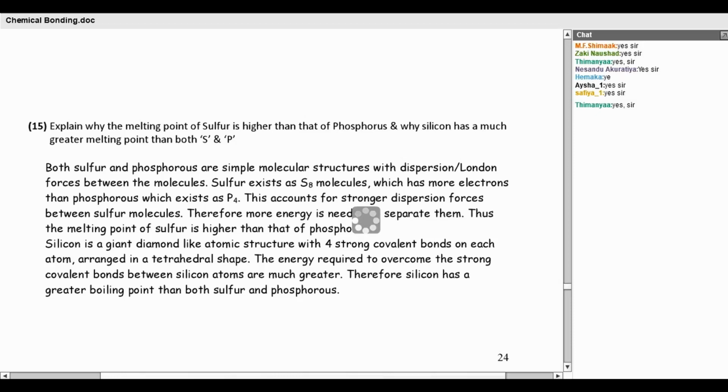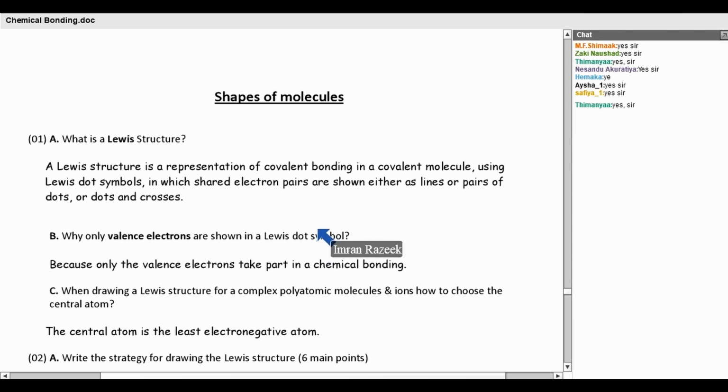Right, today is the last discussion on the shapes of molecules and ions. In this chapter, we'll be discussing the various structures of molecules, how we determine the structure of molecules, and the shapes of molecules. Rather than memorizing the shapes and the structures, the most important thing is you derive the